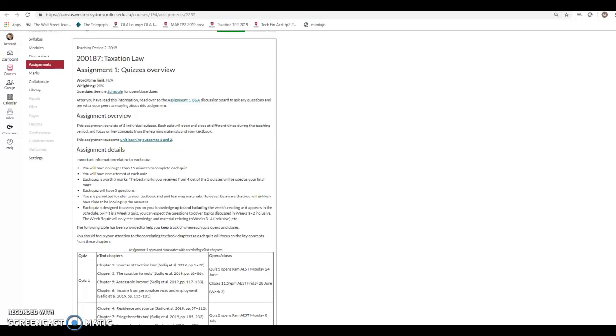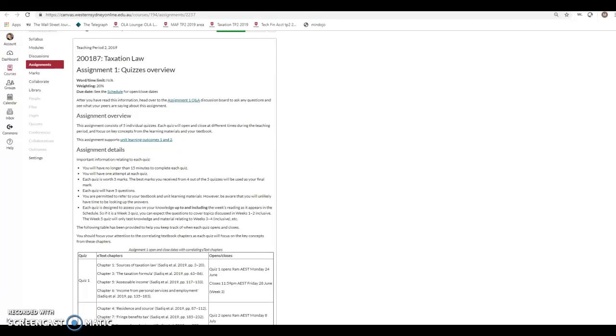So the quizzes that we've got coming up, the first one that's due next Friday on the 28th of June, we have 5 of them, so it's worth 20% of your grade. And these quizzes just aim to test your understanding of how you're tracking with the unit so far. And I think probably really important that we do try to obtain the best mark as possible with them.